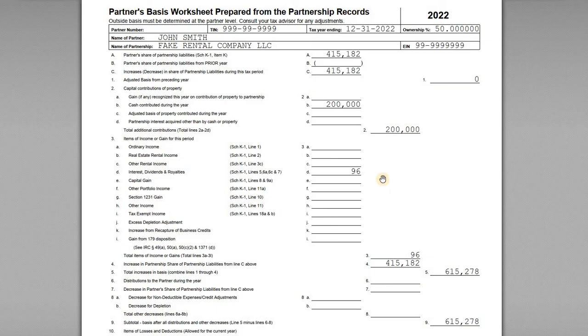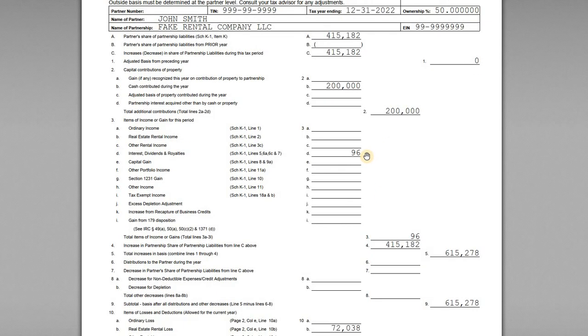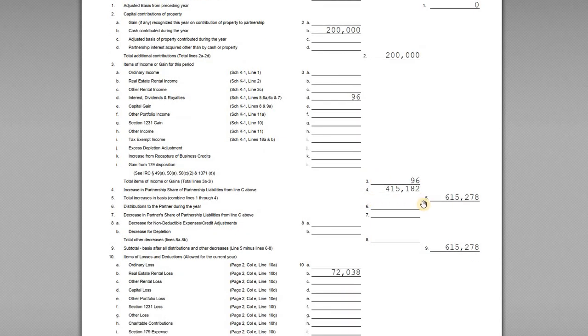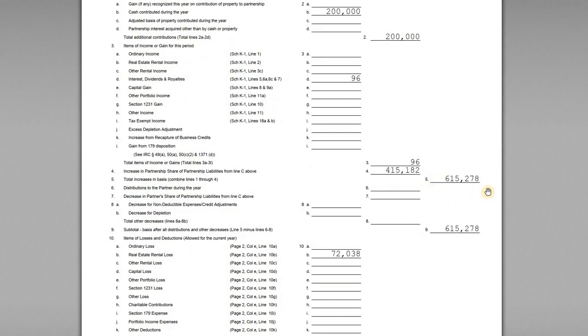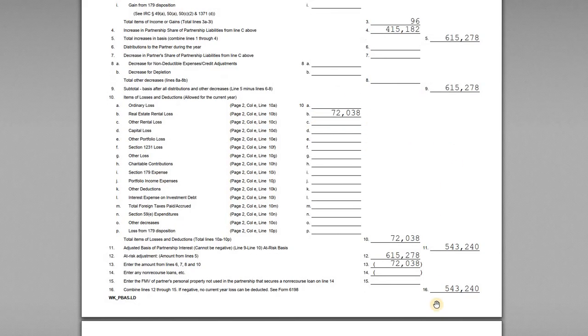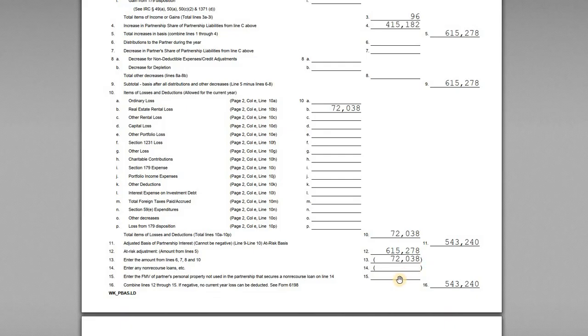So $200,000 is an increase to his basis, the allocation of $96 of interest is an increase, and then line 4 here is the increase in partner's share of liabilities. So the total amount of increases to his basis is $615,278, because that's a combination of his capital account plus his allocation of the debts. Then reductions to basis are the losses. So rental real estate loss, that was his allocation, $72,038. And so we look at his ending basis down here. His adjusted basis is just going to be